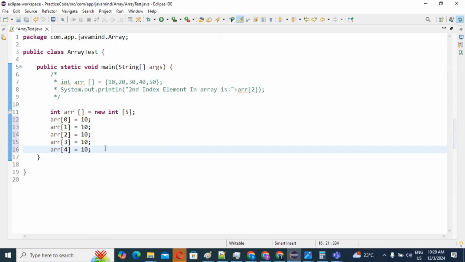so guys, I have declared 5 elements. I already mentioned that an array starts from zero index and goes up to n minus 1. So 5 is the n, right? So 5 minus 1 is 4. That's why I have given 4 here. Always keep in mind, the array is an index-based data structure. Okay. After that, if you want to print all the data, and also one thing guys,